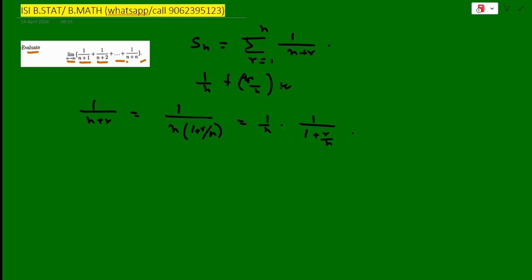Now our sum looks like 1 by n into summation of, right. So limit n tends to infinity